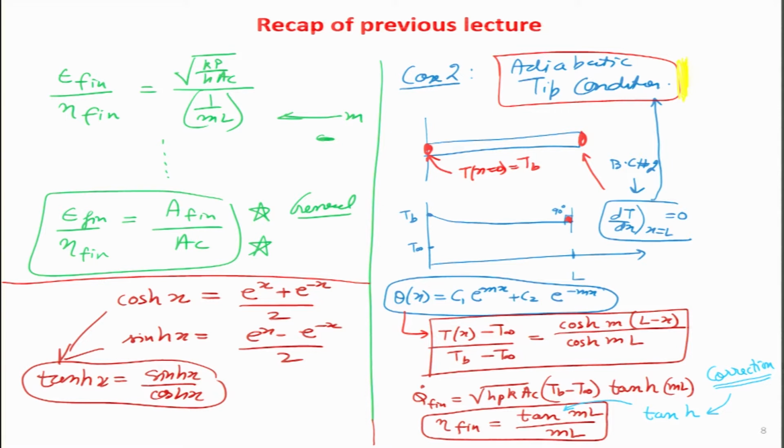And I would request the students to make a small correction. As I had pointed out last time, I was guessing that there is a hyperbolic tanh missing over here. So, let us go ahead and write this as tanh. So, I have corrected it over here. There was a small typo. So, it would be hyperbolic tanh ml divided by ml. So, let us put a bracket over here as well.